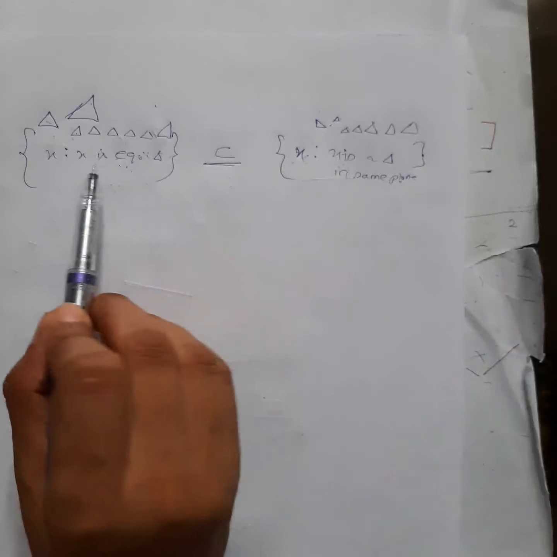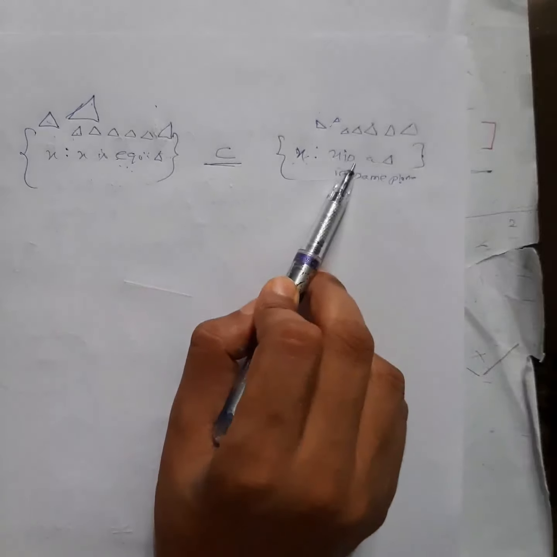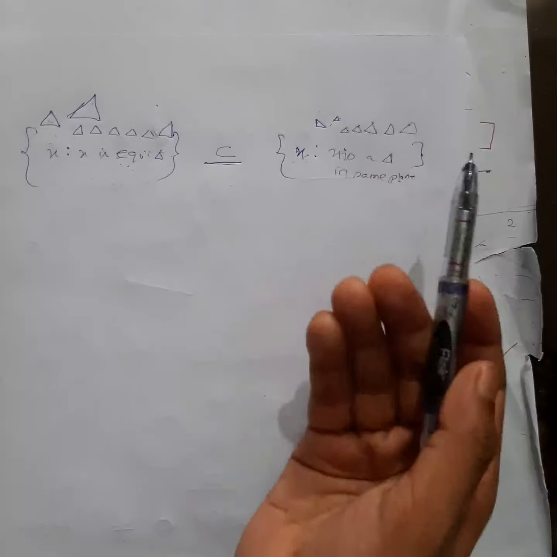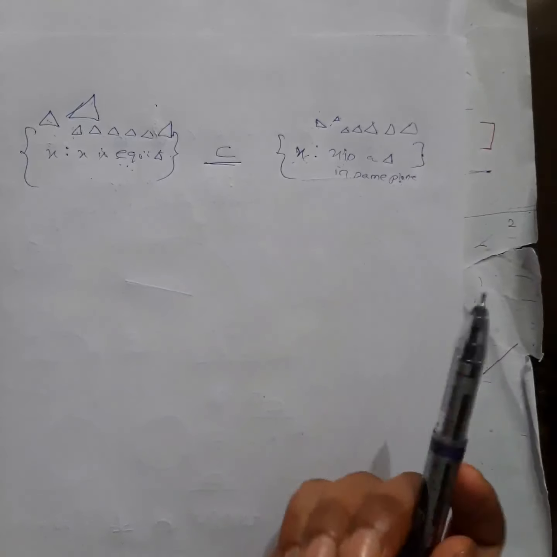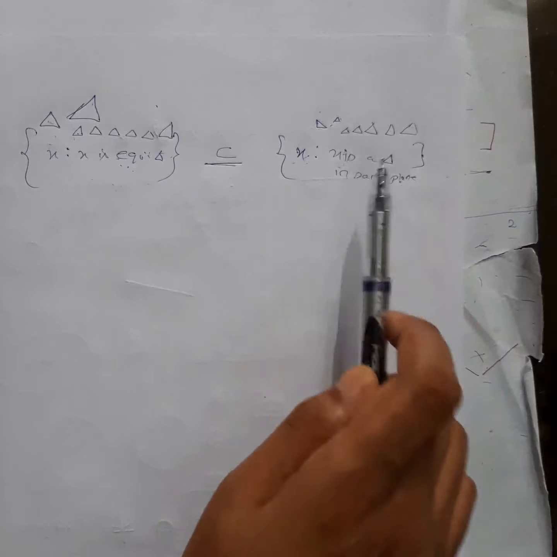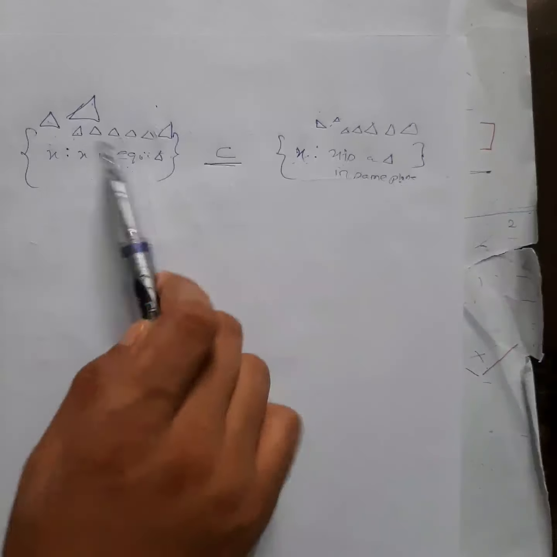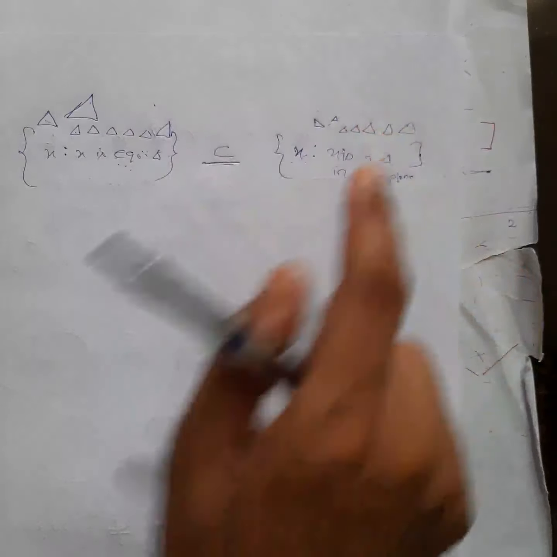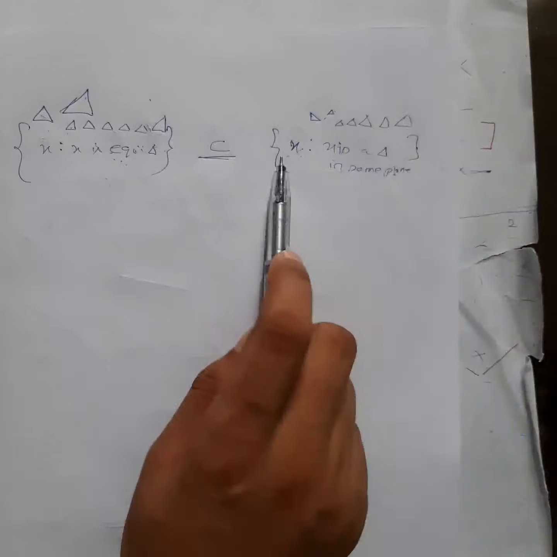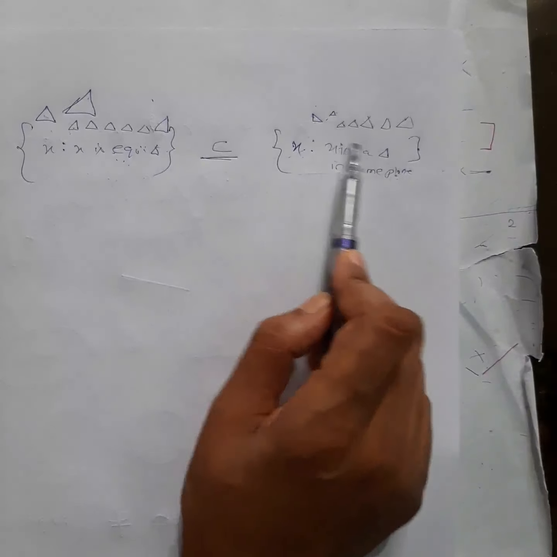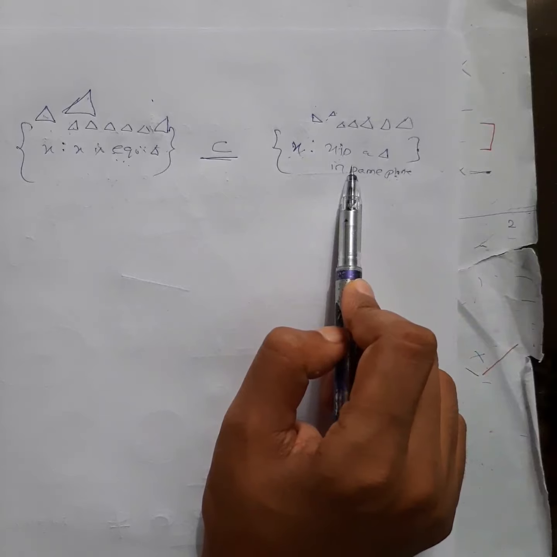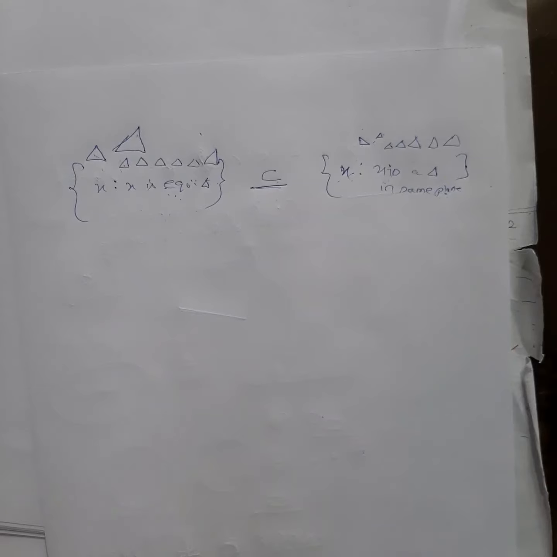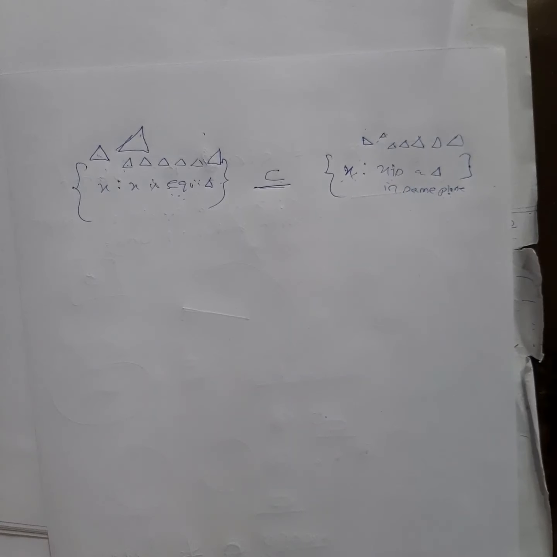Now I just have to find whether these elements are present here. Obviously all these equilateral triangles will be here because this is a collection of all kinds of triangles. Whatever triangle you have in this universe, the whole collection of triangles, is this set. This is just a small part of this set, only some equilateral triangles, so obviously it will be present here because it is the biggest set of triangles. So this will obviously be a subset of this set. Okay. So next question number 7, I guess, right?